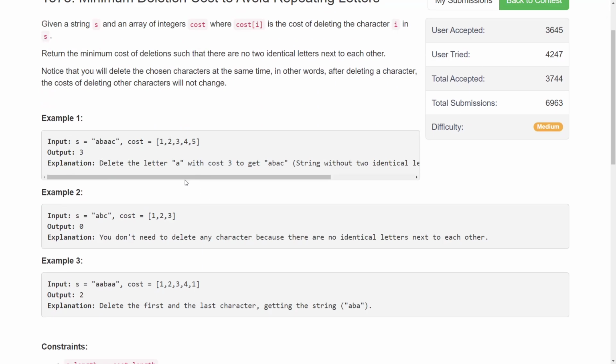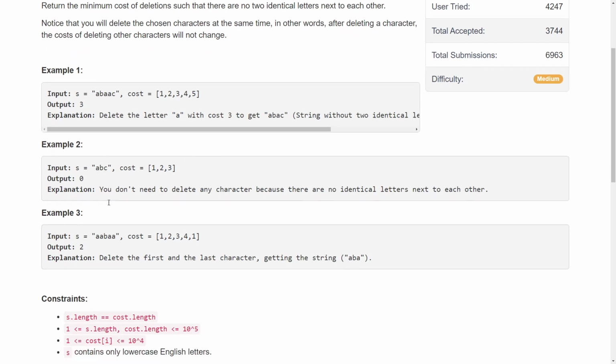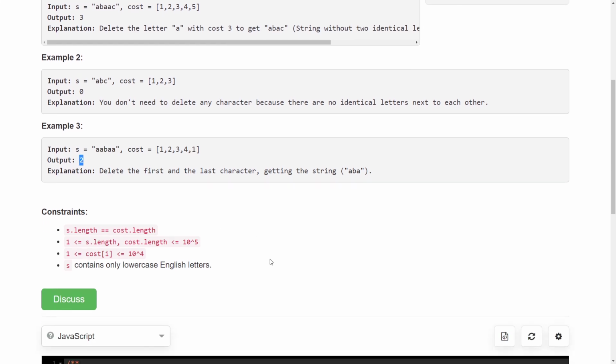Now suppose I have ABC, nothing is repeating, so I don't need to delete anything. Cool. If I look at AABA, now this is repeating. The costs are 1 and 2, so I will remove the one with cost 1. If I look at A and A, the costs are 4 and 1. I'll remove the one with cost 1 and the total cost will be 1 plus 1, which is 2. Right, so this is the question.